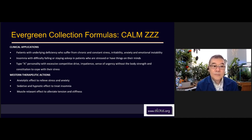And strain and cramping is usually due to a deficiency of yin and some kind of qi stagnation. Cramping, I notice, is common in those with diabetes, more common in the geriatric population. You can combine Calm or Calm ES with either of those formulas, or if they don't want to take another formula, you could